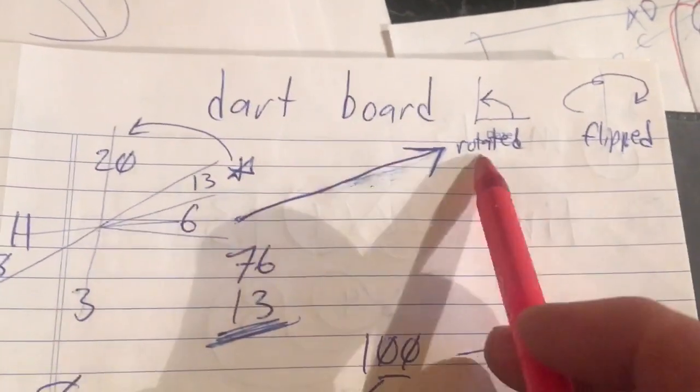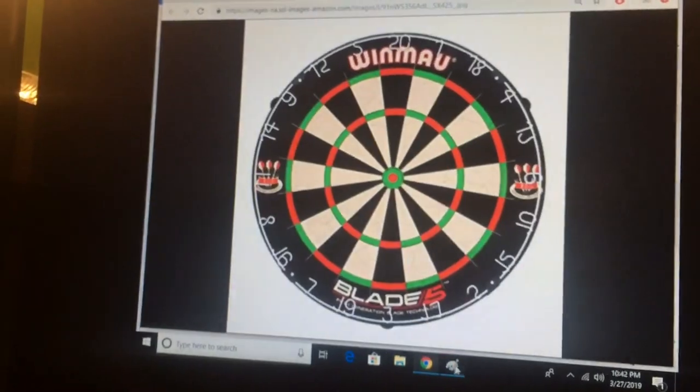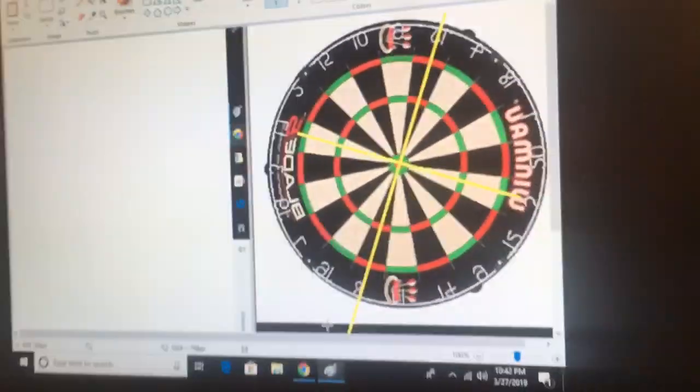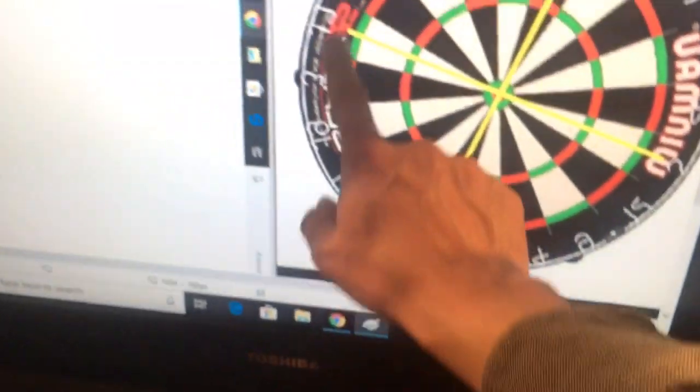Anyways, it's a dartboard rotated from the 13 to get it here, and then you have to do a flip, mirror image. So if you actually take a dartboard like that, and then you take it in Paint and do that, look what it does. You got your 13, your 5, your 8, and your 17. Okay? It's all about